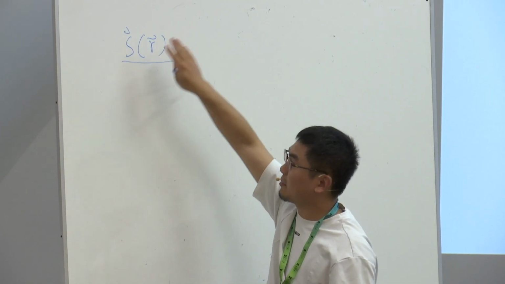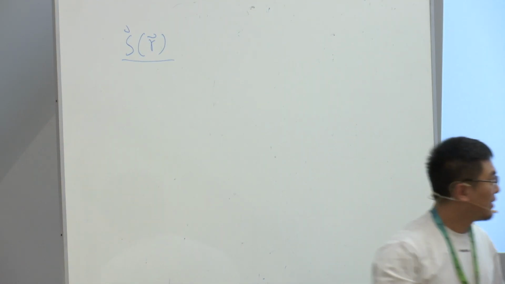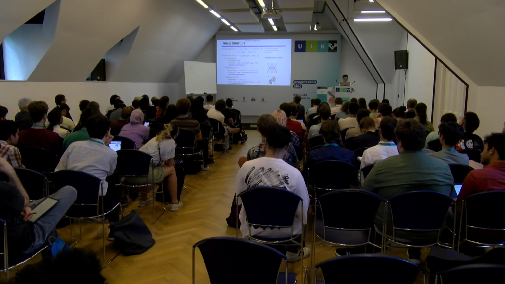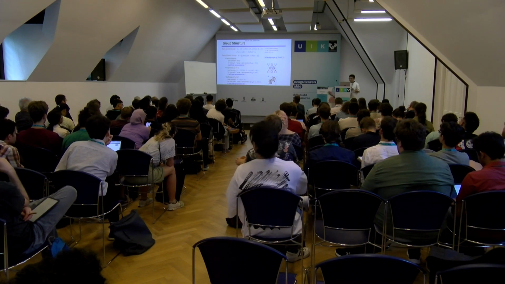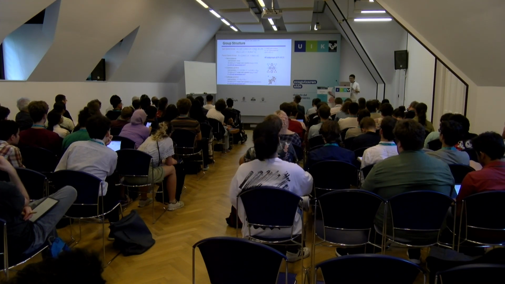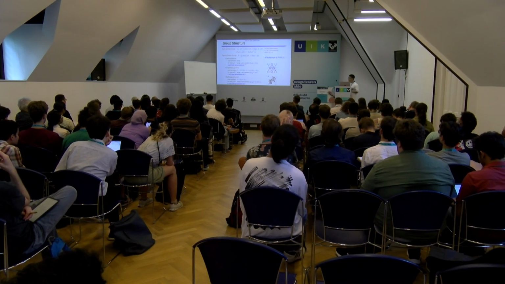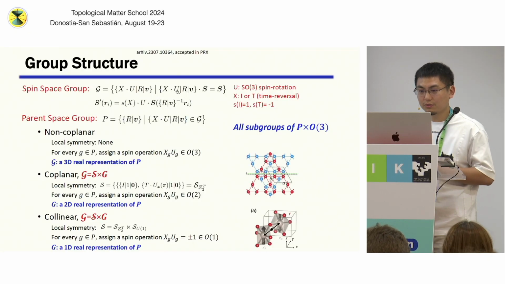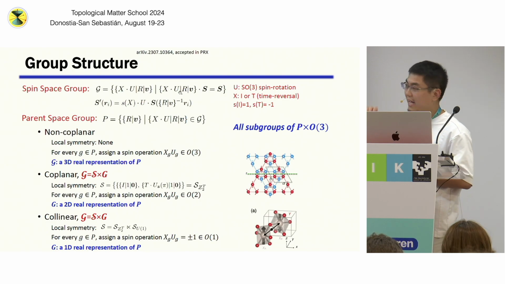It describes a magnetic structure. And we can consider operations in this {χ_U || R|v} form. This R|v is just a spatial operation. R is a rotation or inversion, v is a translation. And the χ_U is an operator only acting on the